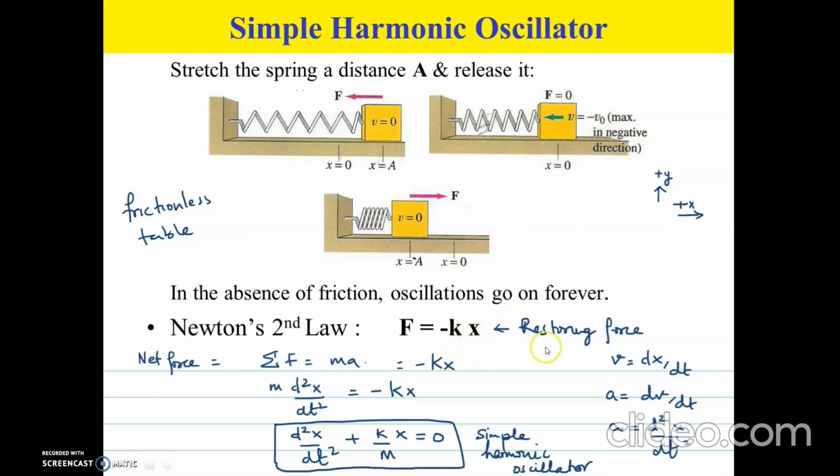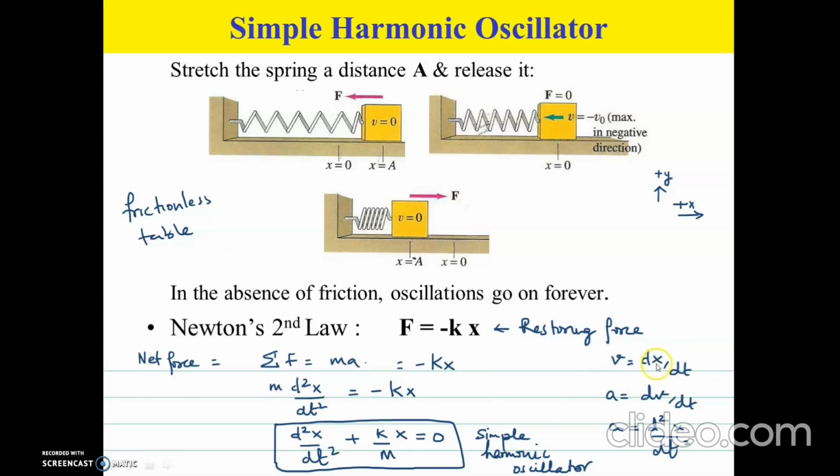So that is the restoring force, and that is the only force acting on this object because it is sitting on this frictionless surface. The gravitational force is getting cancelled by the normal force, and that is in the y direction, so we are not considering that. Okay, so we can write ma in the form m d square x by dt square